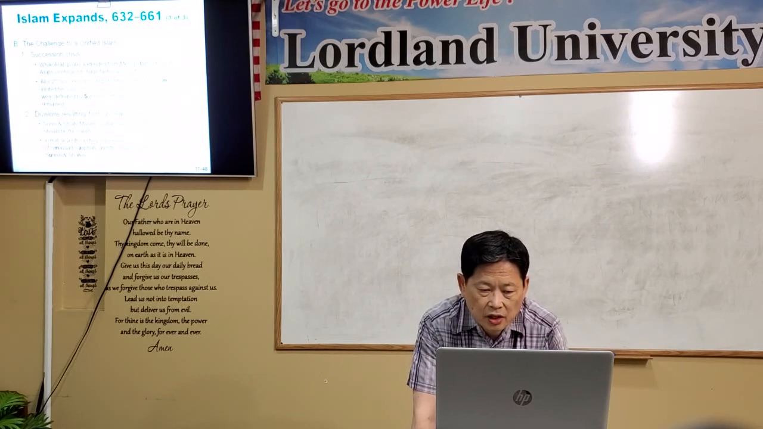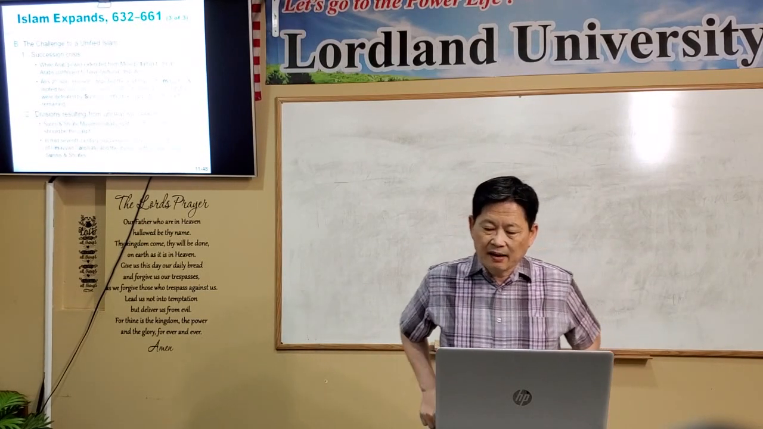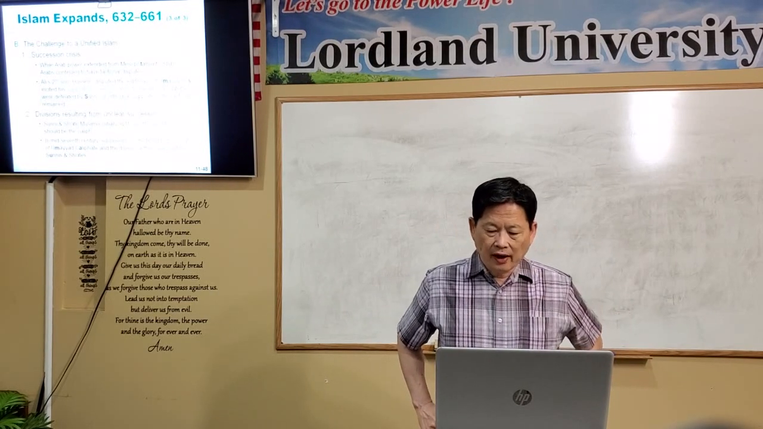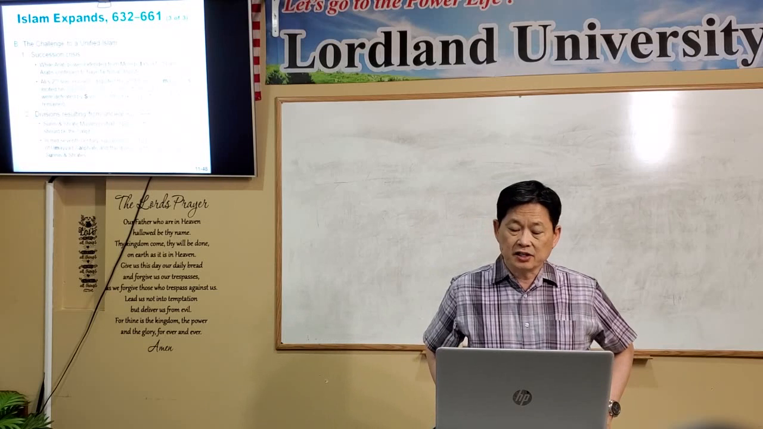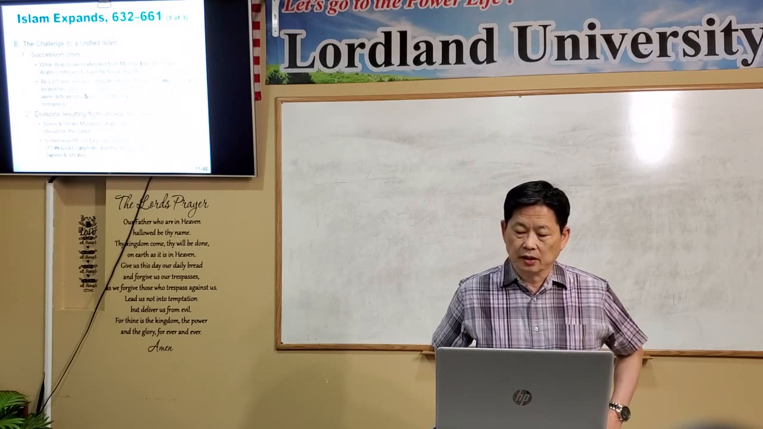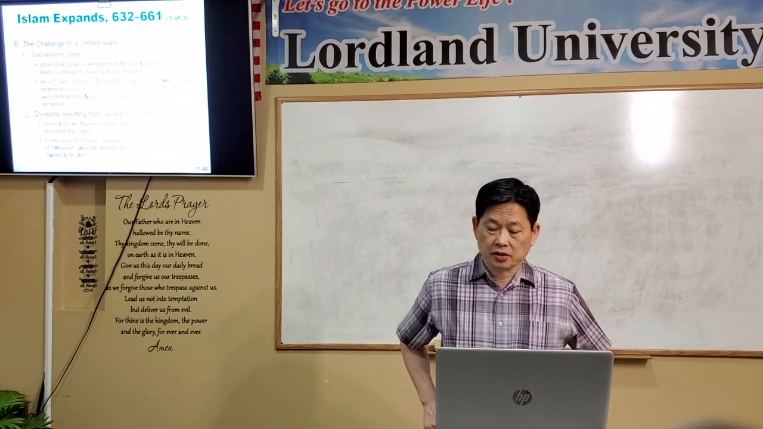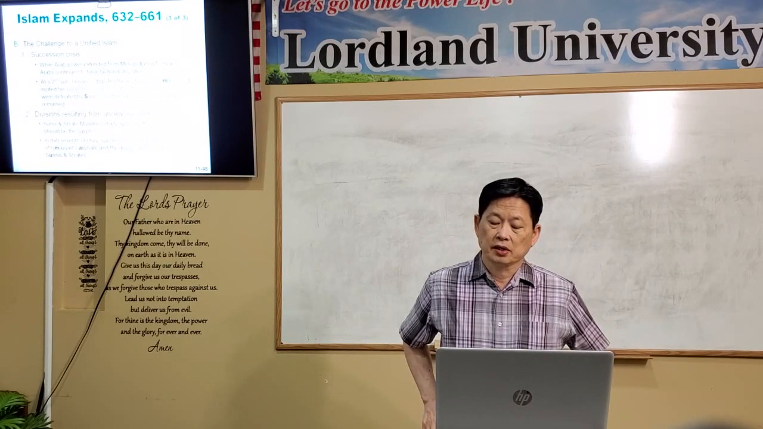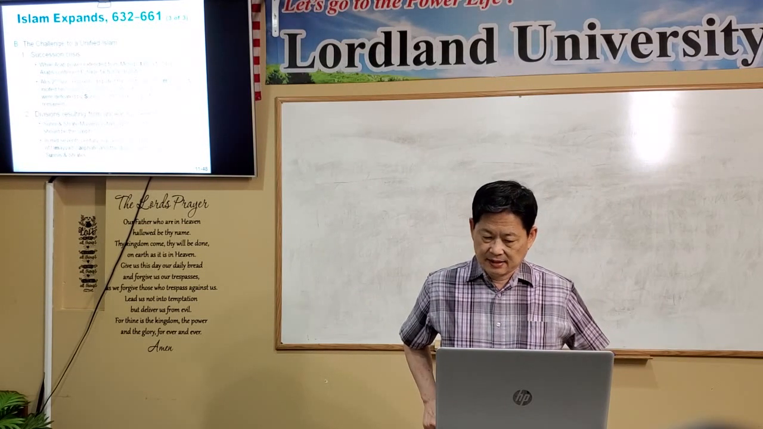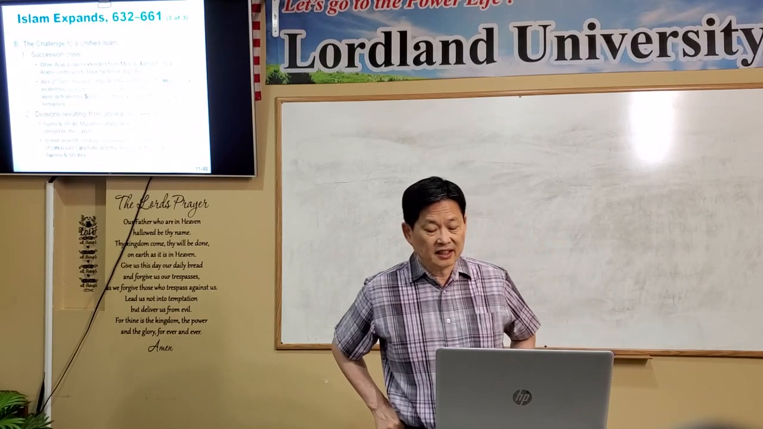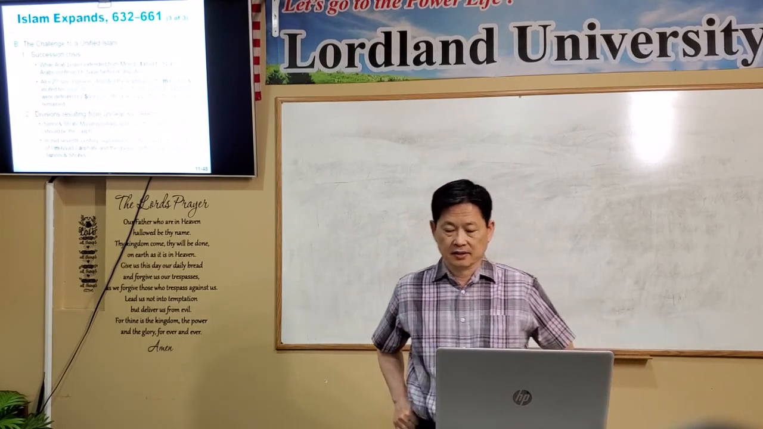Section B, the challenge of a united Islam. Succession crisis. While Arab power extended from Mesopotamia to Spain, Arabs continued to have factional disputes. Ali's second son, Hussein, disputed the legitimacy of the Umayyad and incited his supporters, who were called the Shia, to rise up. Though the Shia were defeated by the Sunni, the orthodox supporters,